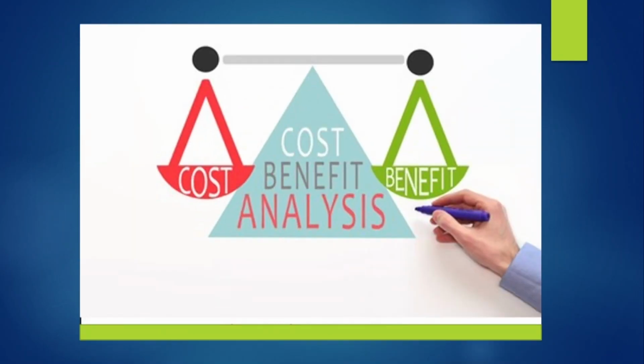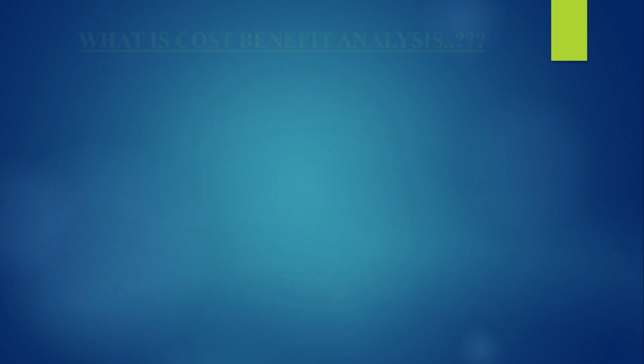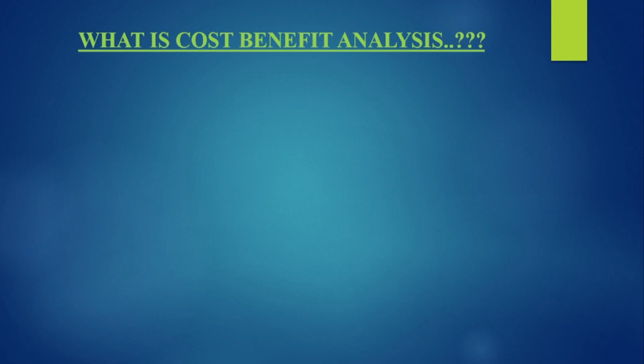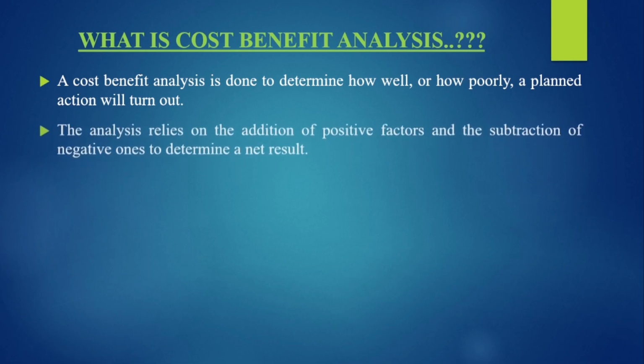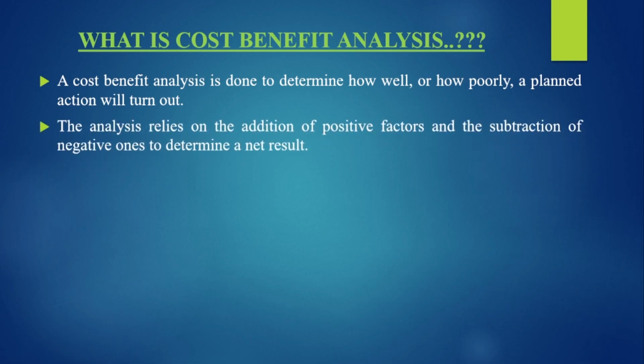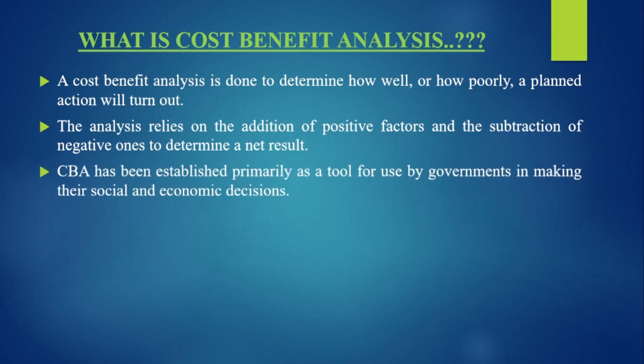Cost benefit analysis has two parts. The first part is cost and the second part is benefit. What is cost benefit analysis? A cost benefit analysis is done to determine how well or how poorly a planned action will turn out. Secondly, the analysis relies on the addition of positive factors and the subtraction of negative ones to determine a net result. Thirdly, cost benefit analysis has been established primarily as a tool for governments in making their